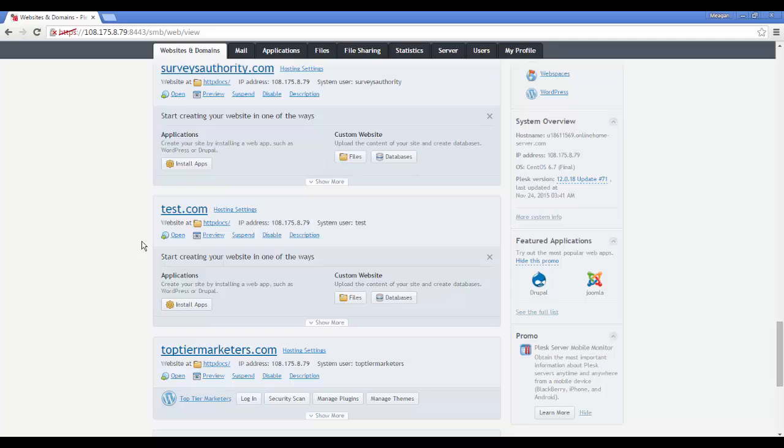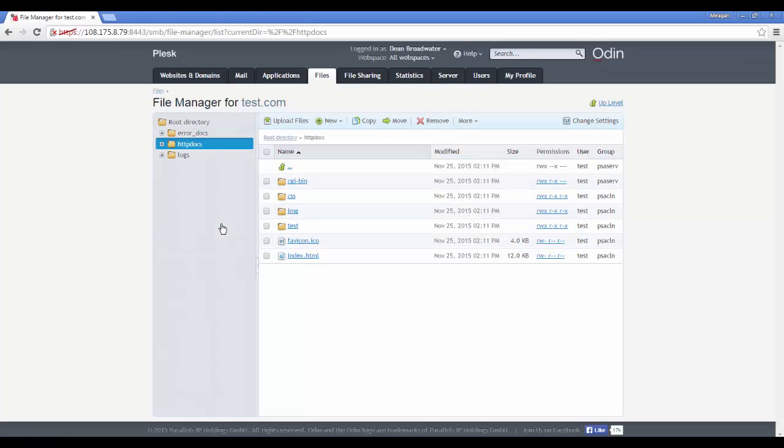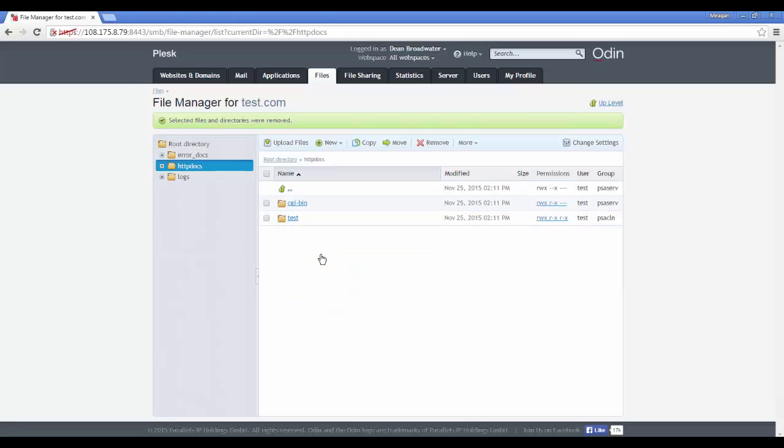And then you're going to look for that domain. So here it is. We're going to click HTTP docs, and you're going to want to select all of these. Uncheck the CGI bin, and uncheck test. The other files you'll need to delete, except for the CGI bin and test. We want to keep those. So we'll click remove, yes, and then those files will be removed. If we go back out here,